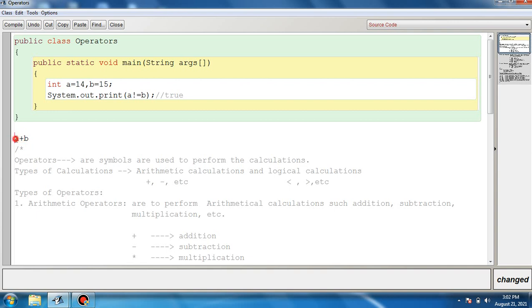If you write c is equal to a plus b, this is a statement. If you use your terminator after that, it becomes a statement. If you don't assign the value to a variable and you simply write a plus b, this is called an expression. An expression is made up of two or more operands and operators along with constant values. Remember this. We will discuss again in the upcoming topic what an expression is. No need to worry.